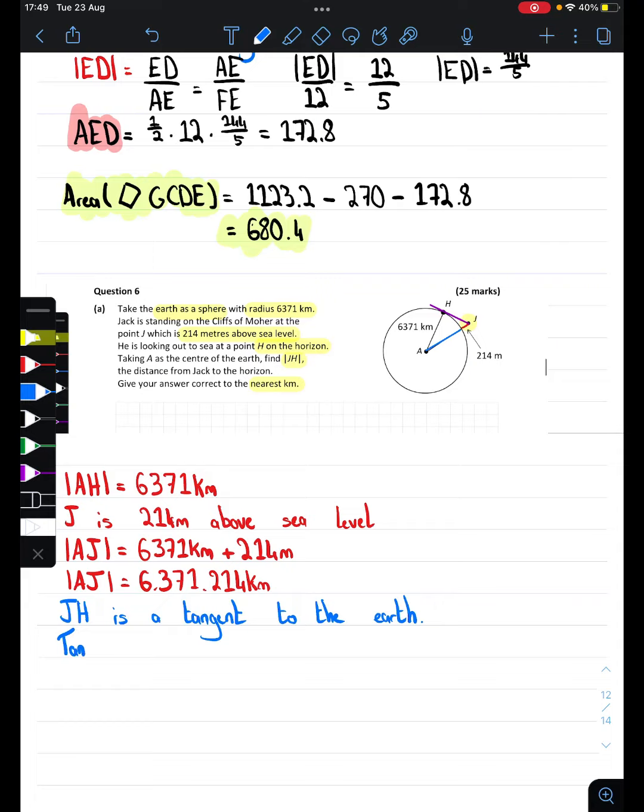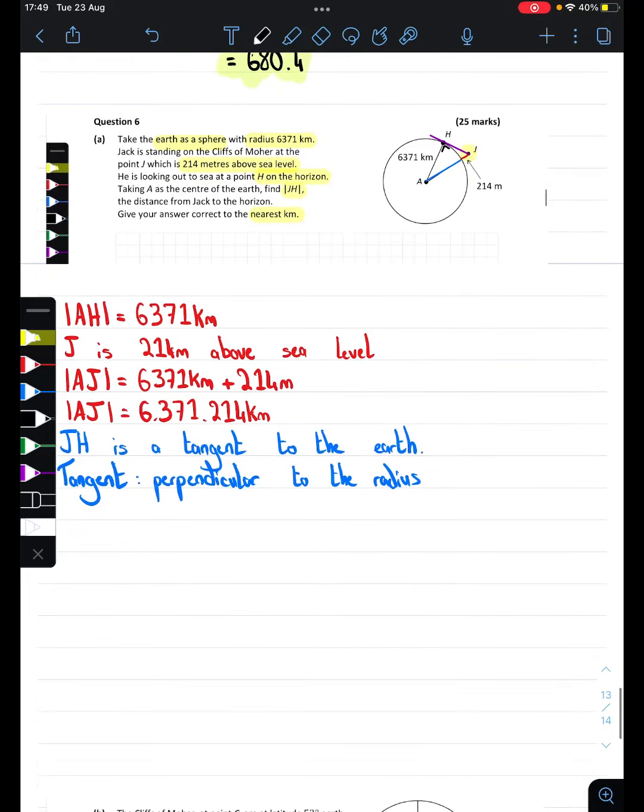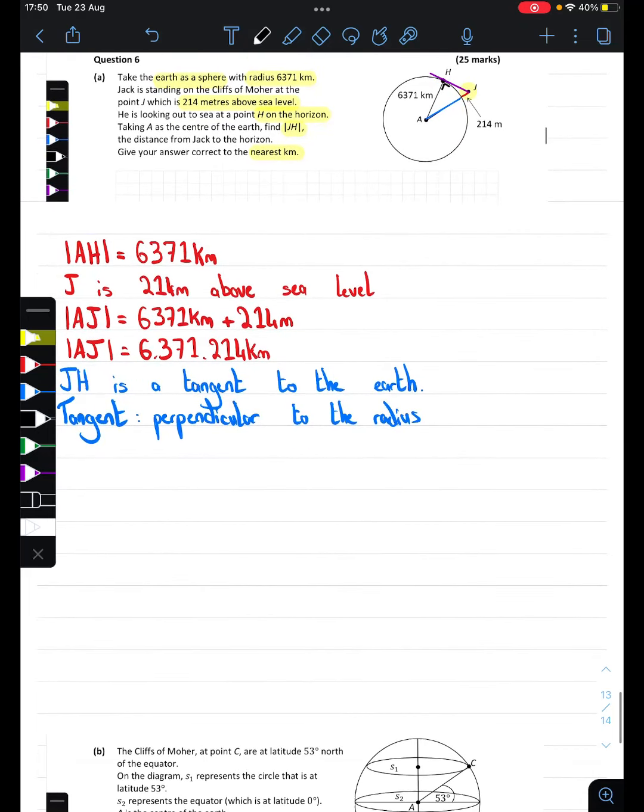Well, we know that tangents are perpendicular to the radius. Which means that this angle here is a right angle. And so now we're just working with a right angle triangle